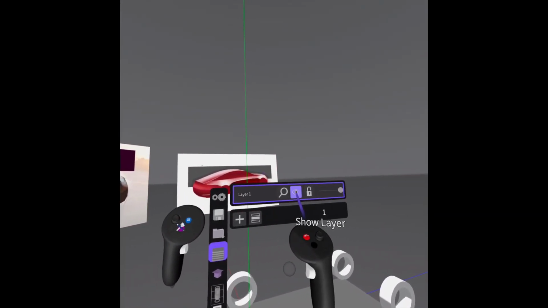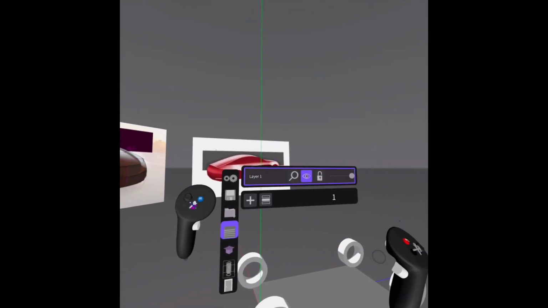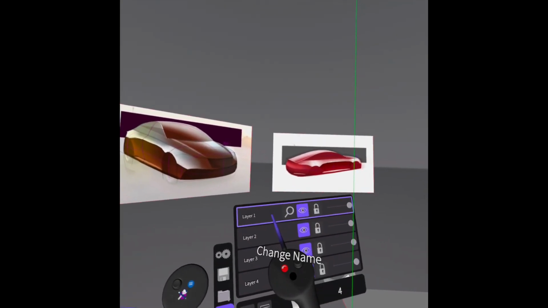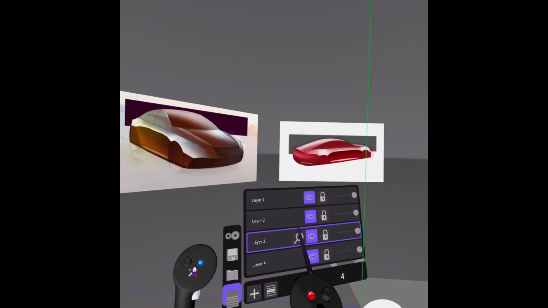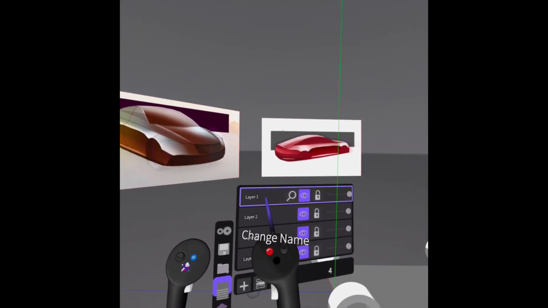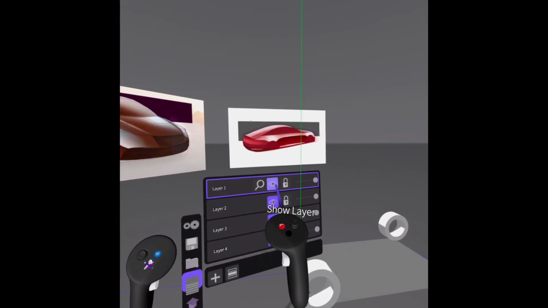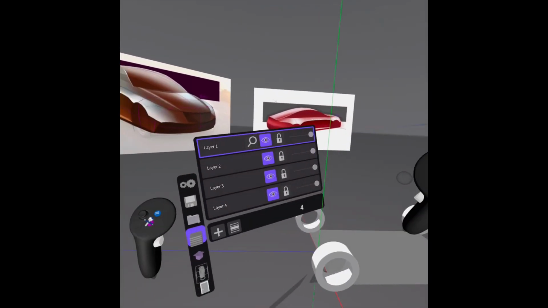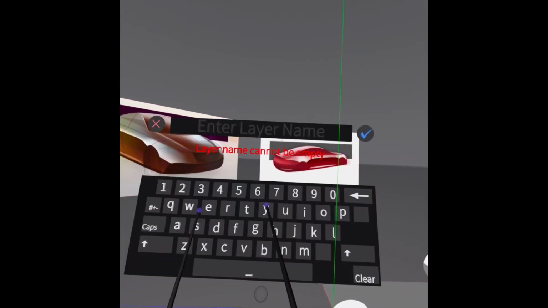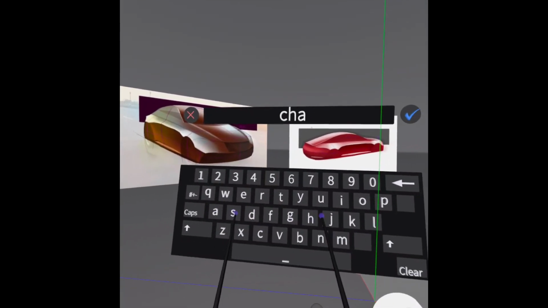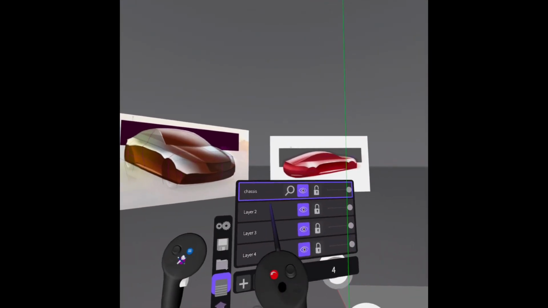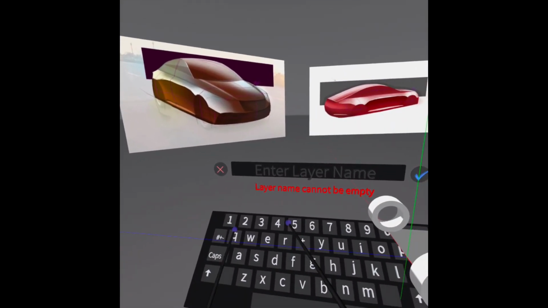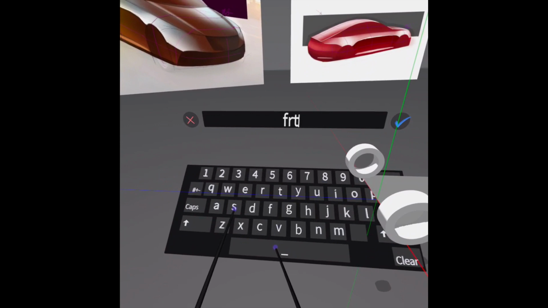All right, so the first layer, you see everything is on the same layer. Let's add a few and we're just going to make some alterations, right? So if you click on the layer, you could change the name, show layer, toggle, you can even lock it in place so you won't be able to modify it. You have options, right? If you click on layer 1, let's name it chassis. Okay. Click on layer 2. This would be 3/4 front, or we'll just say front quarter view,